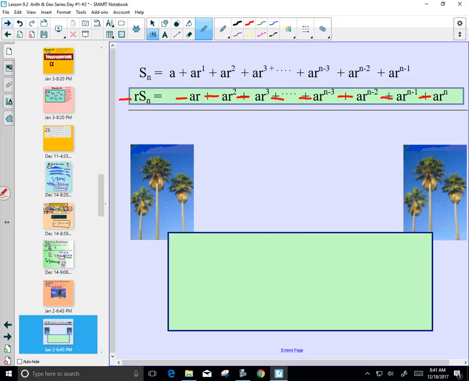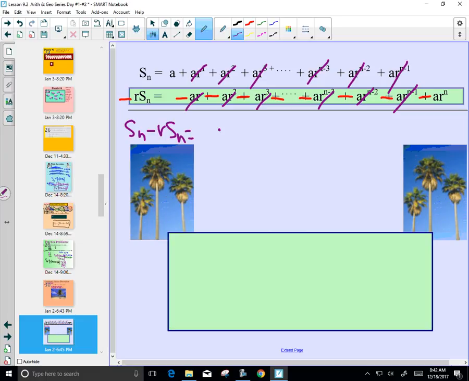Why subtract? Because what wonderful thing happens? What happens to everything here, here, here, here, here, here, and here? What happens to all that stuff? Cancels all out,